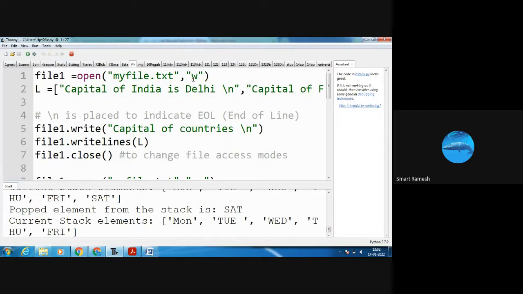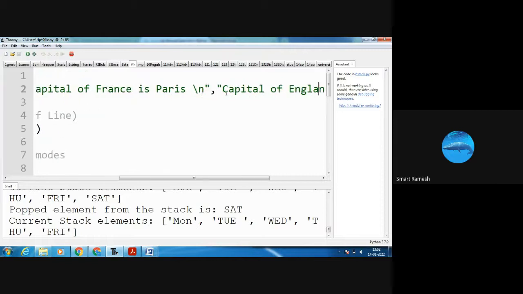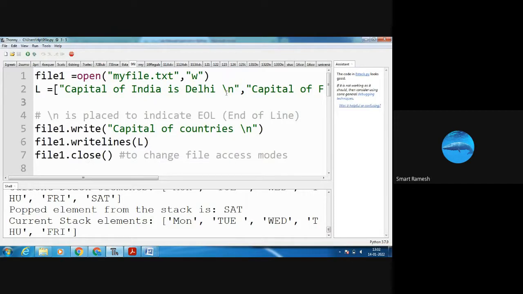Suppose a file named myfile.txt already exists, we are going to override the content with new content. See here, L equal to capital of India is Delhi /n, capital of France is Paris /n, capital of England is London /n. /n means go to new line. Okay, that is the list.